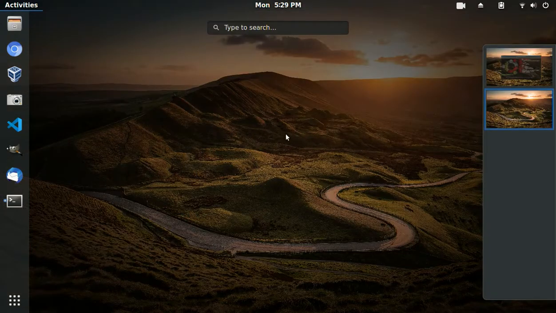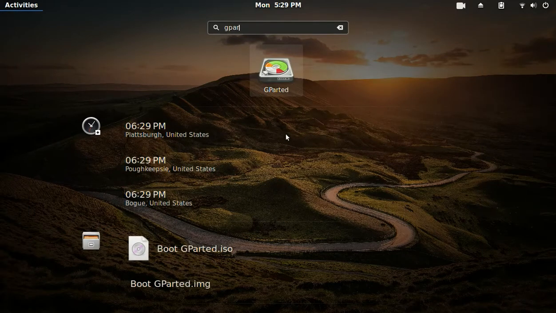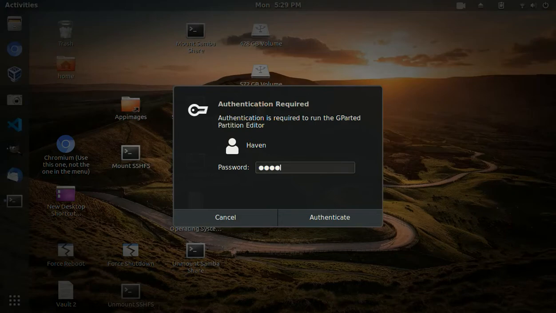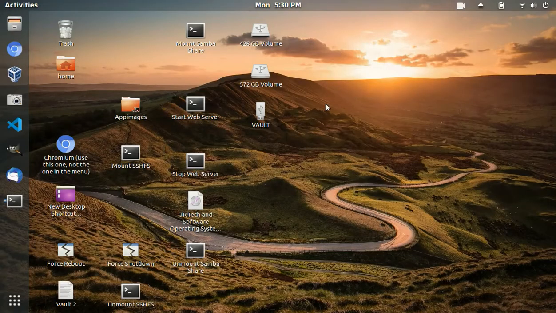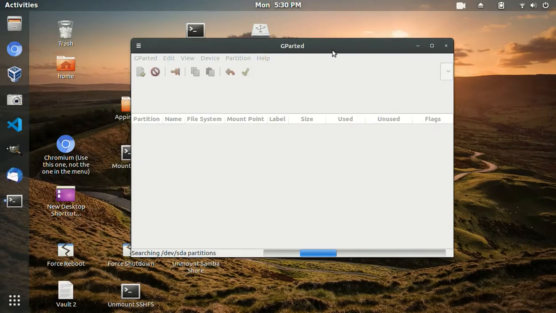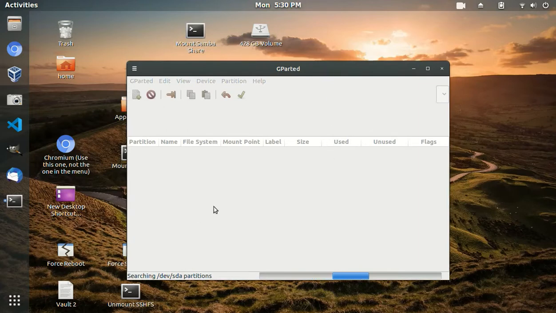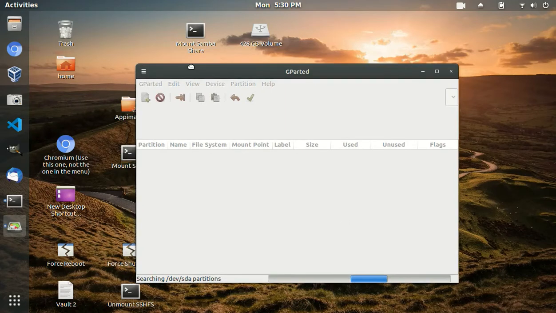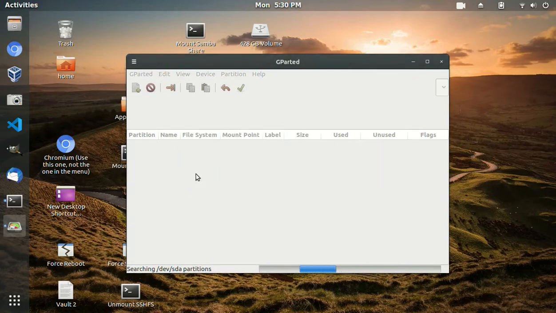So I'm just gonna come in here and go back to Gparted so that I can authenticate, so that I can give a valid partition to the drive here. I actually got 2 USB flash drives in now, one so I can save this video too. So yeah, the only problem with